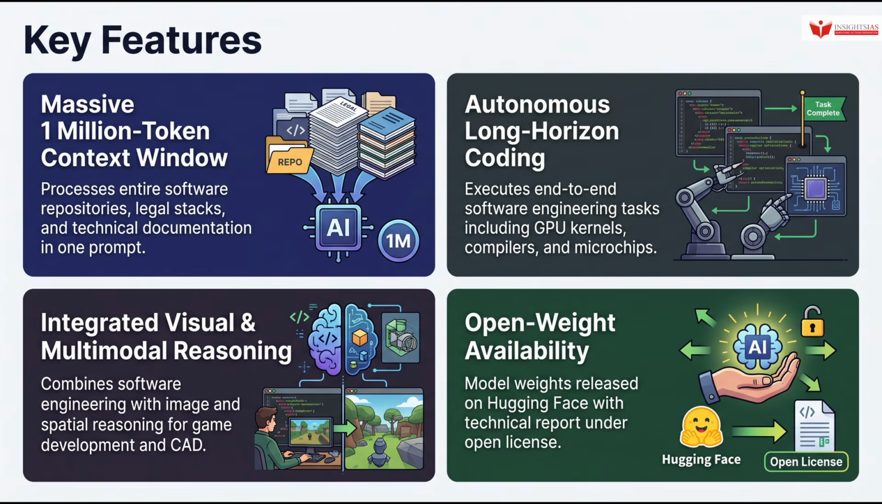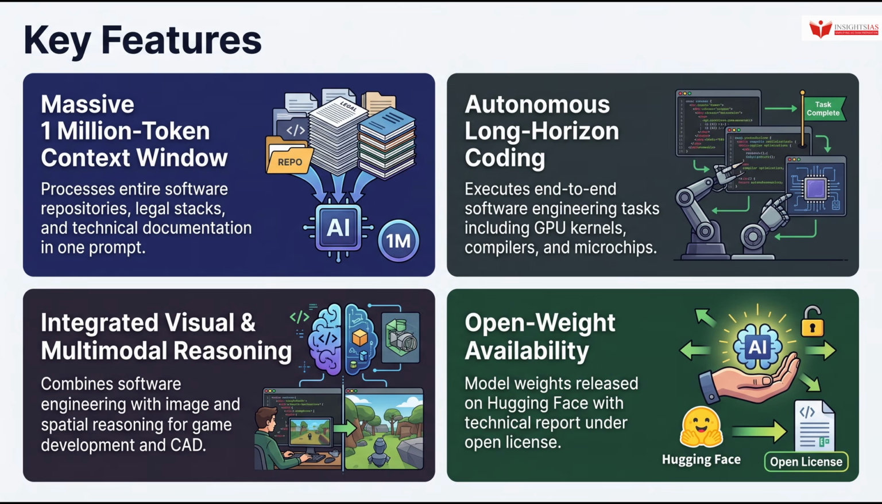Now, coming to the key features of Kimi K3, and this is genuinely impressive. There's a massive 1 million token context window, capable of ingesting and processing entire software repositories, complex legal stacks, or extensive technical documentation, all in a single prompt. There's autonomous long-horizon coding, executing end-to-end software engineering tasks with minimal human intervention, including writing GPU kernel optimizations, building compilers,